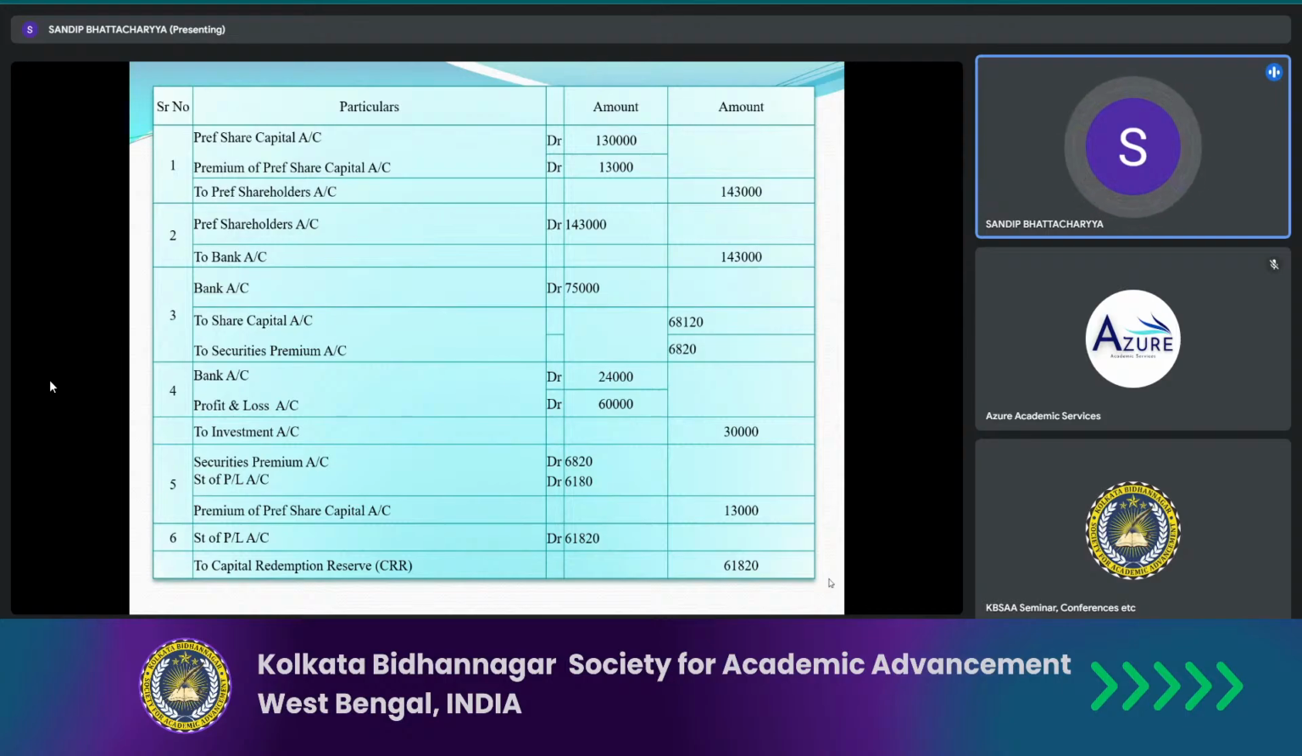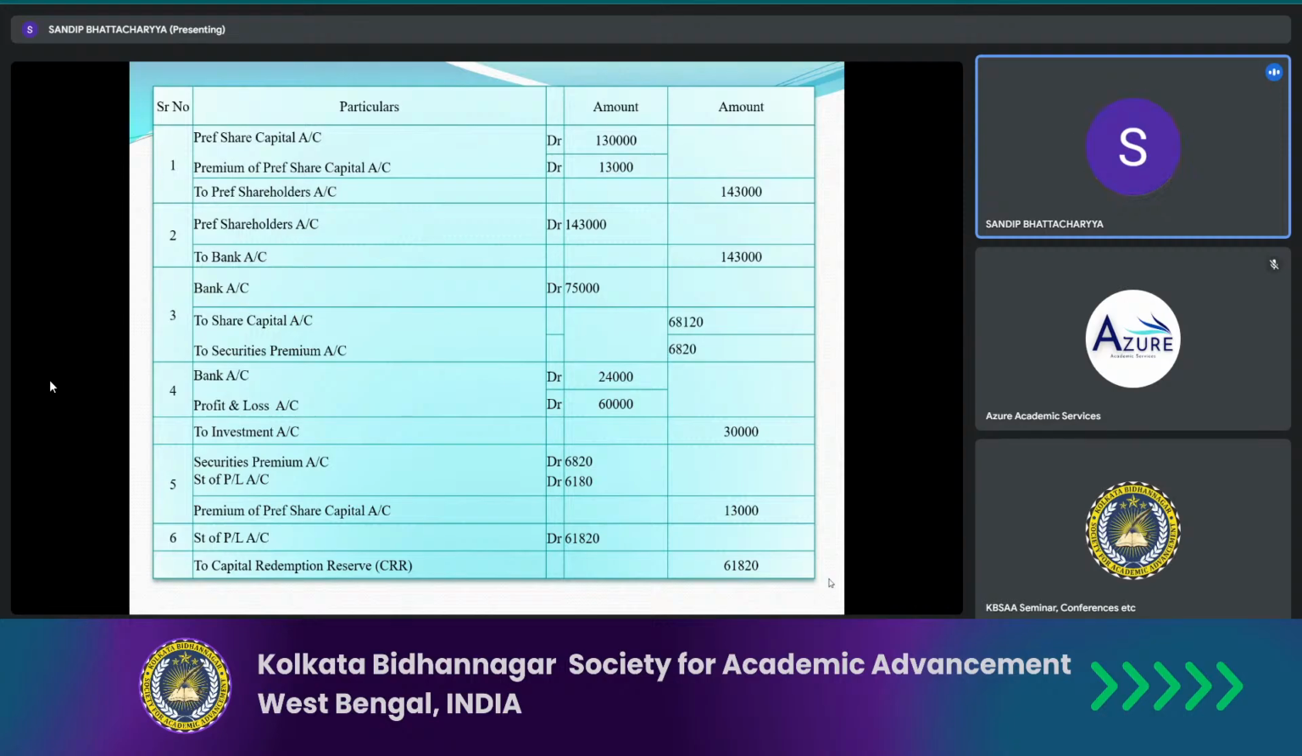That is investment sold at a loss. That is bank account debit 24,000, because you know very well the non-current investment is rupees 30,000. So this non-current investment was sold at rupees 24,000. Obviously, if I sell anything, either there will be profit, or there will be loss, or